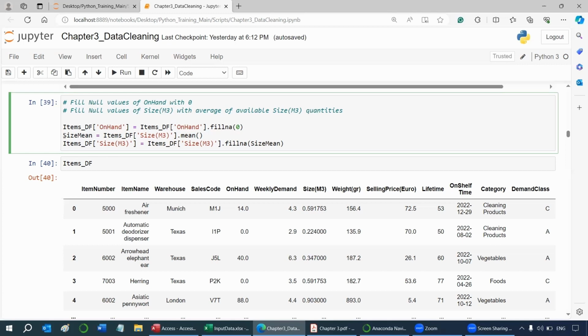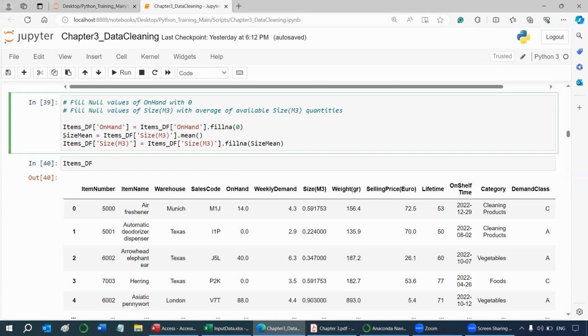Let's see another example, and let's suppose that I want to calculate the total capacity occupied in our warehouse. So in this case, we need to know the size of all items. Any missing values in size of an item can result in inaccurate analysis. So the smart way here is to replace the null values by looking at the average size of items in the same category. For example, if I want to focus on an item that has an empty value and that item has category food, then we can take the average size of all items in category food